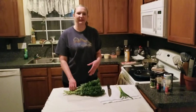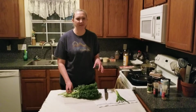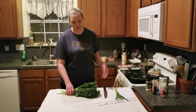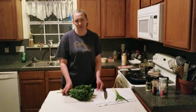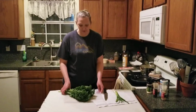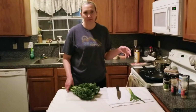This evening we're making potato soup, and it's kind of like the Olive Garden Zuppa Toscana, but it's my version. I've looked up other recipes to make it, but there's some stuff that I don't always have, or I want to change it up. So this is my version of the Zuppa Toscana, or kind of a potato soup with kale and sausage and